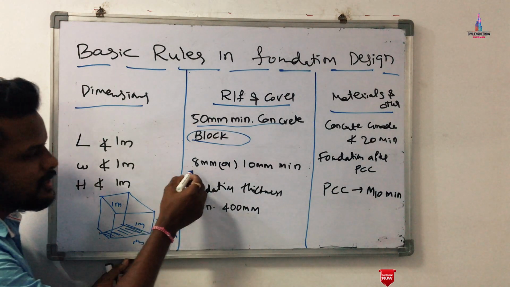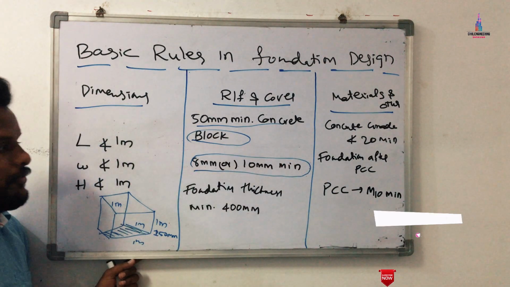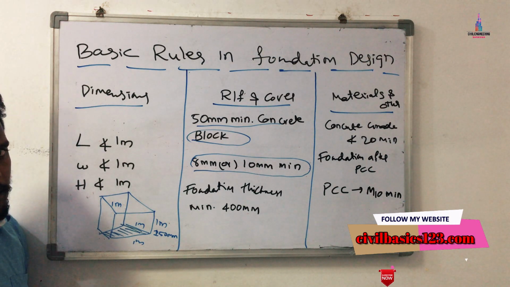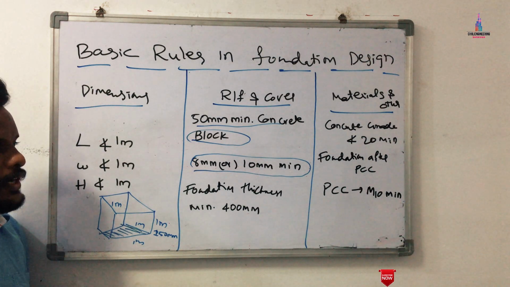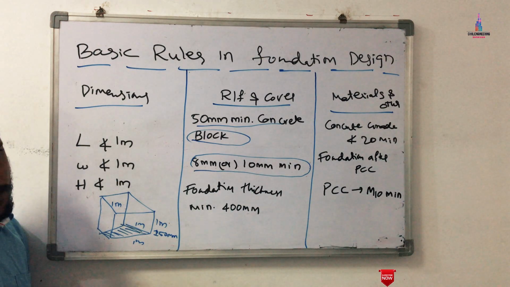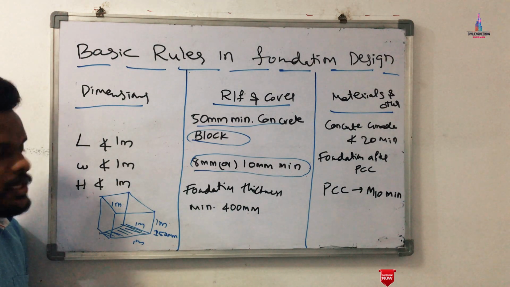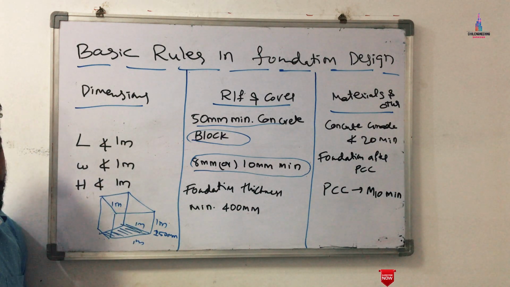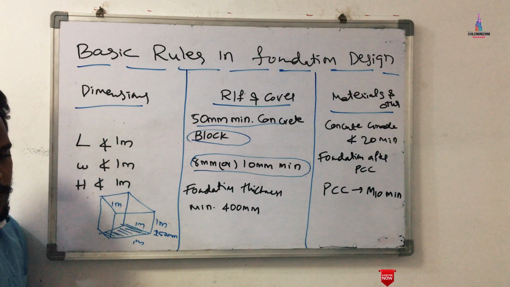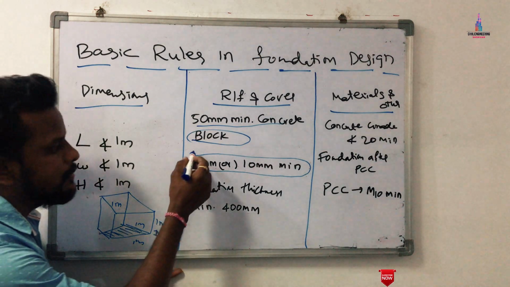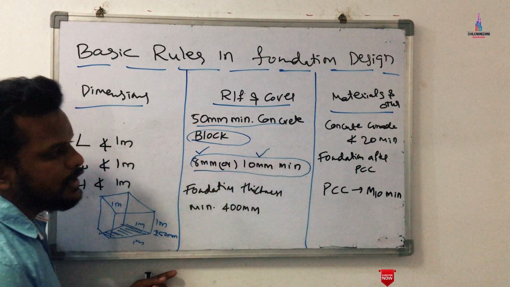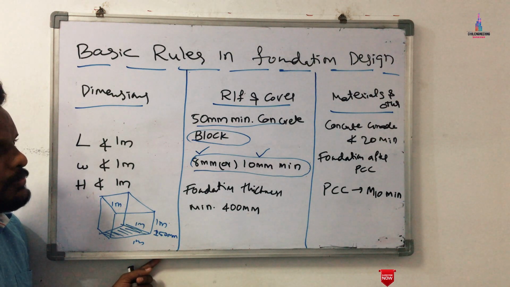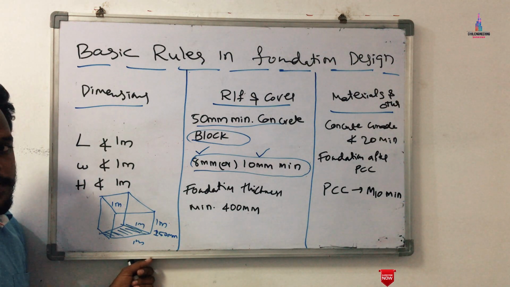Reinforcement bars are also a very important section. If you use a higher amount of reinforcement, there is a chance of getting a higher value of strength, and due to that we need to increase the grade of the concrete also. To overcome that problem, we need to fix the minimum dimensions of the reinforcement bars. Basically, if you construct a ground floor or G+1 building structural model, we will use 8 mm diameter bar or 10 mm diameter bar. This is the second point under the reinforcement and cover section.